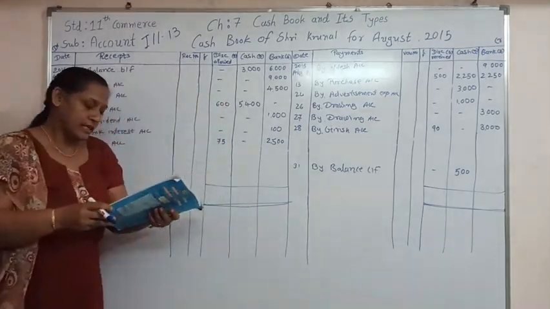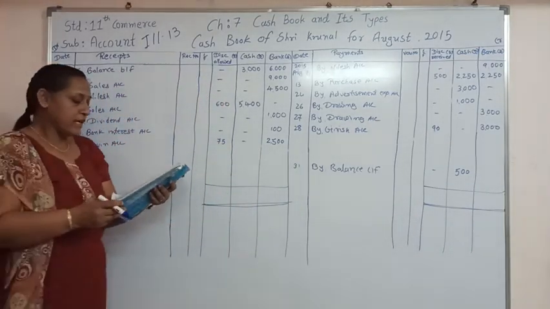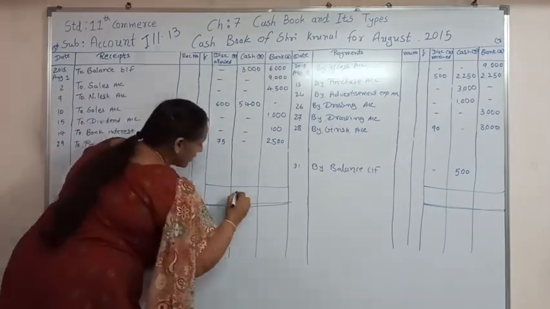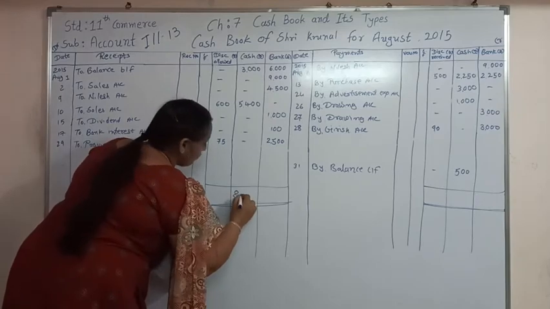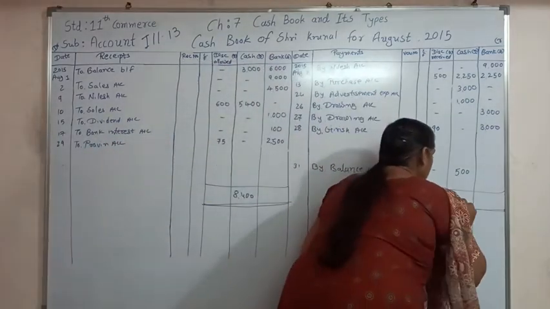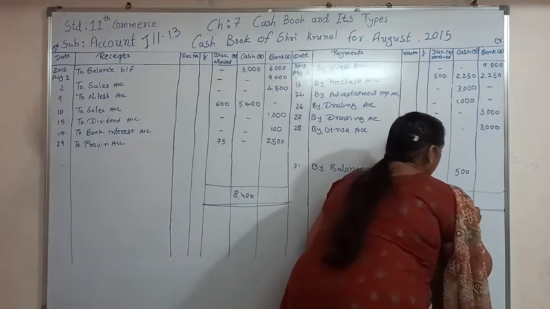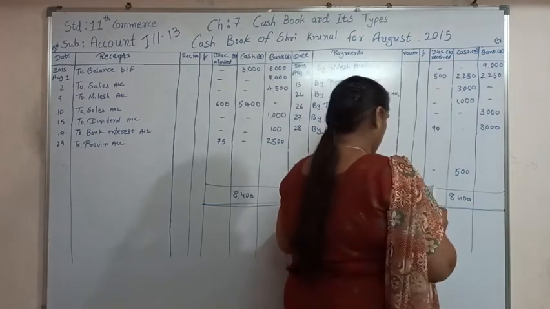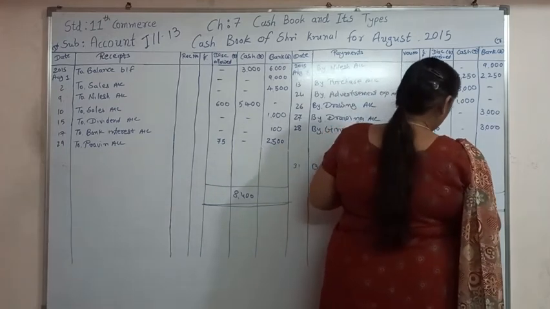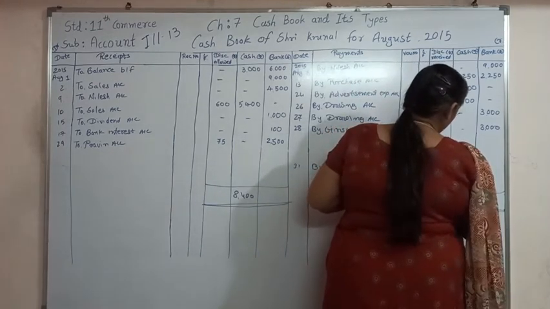So let's do that. If we make the total of this, 3,000 and 5,400, that will be 8,400, which we take to the credit side, 8,400. From 8,400, if we deduct all the amounts, the amount that we are supposed to take to the bank account will be